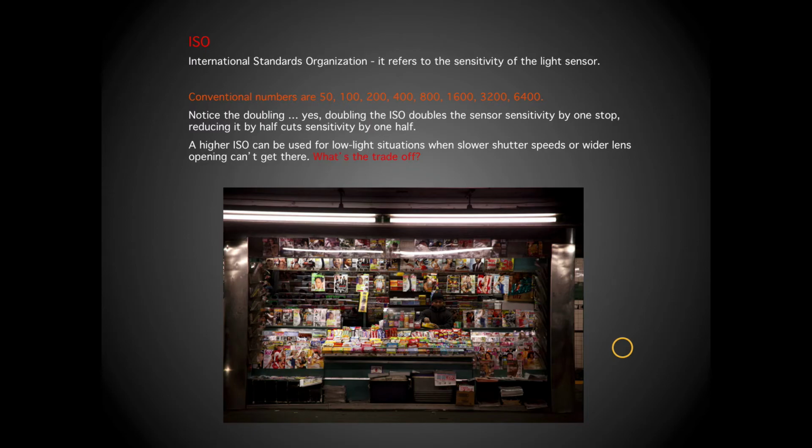These are the three main controls for exposure in your camera. ISO actually stands for International Standards Organization, right? And it refers to the sensitivity of the sensor. In film days, in analog, it refers to the sensitivity of film, right? For us, in digital, it refers to the sensor. And basically what you're doing is changing the amplification of the signal being generated by the light sensor in your